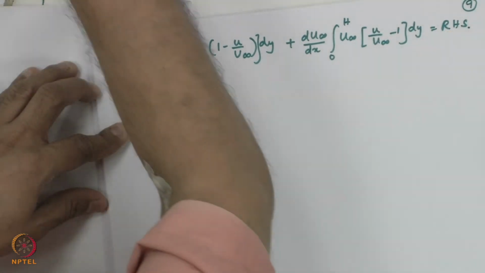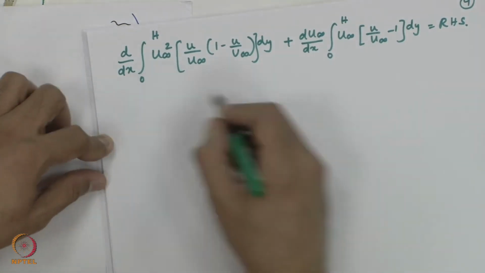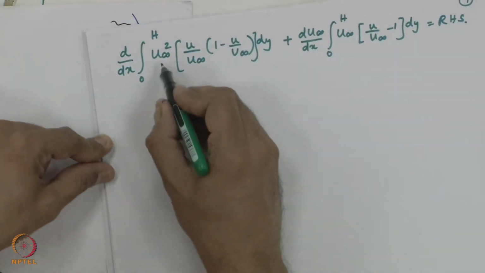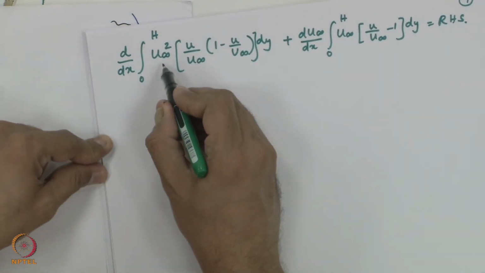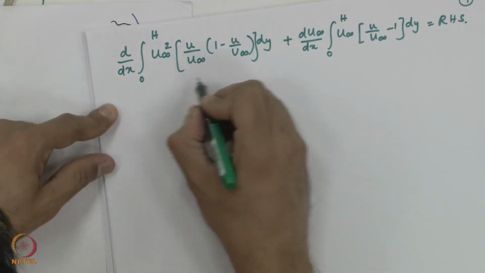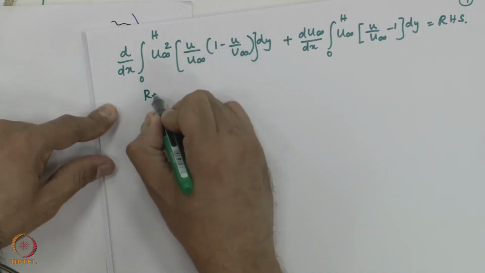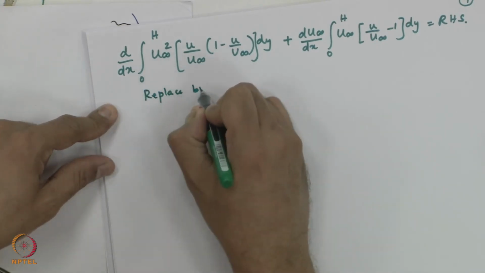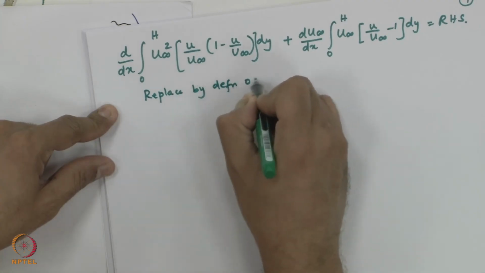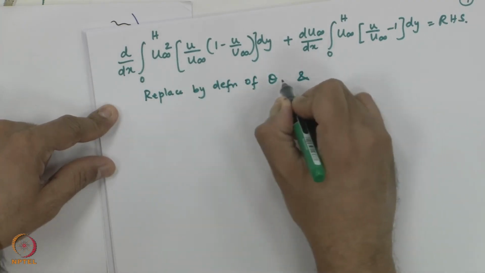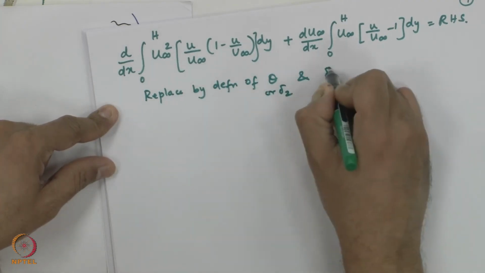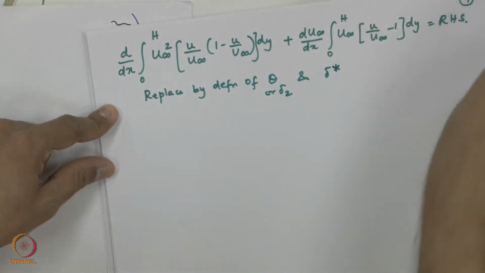And what I am left with is just manipulation of this equation. I am going to replace this by definitions of theta or delta 2 and delta star. Keeping that in mind, I will get